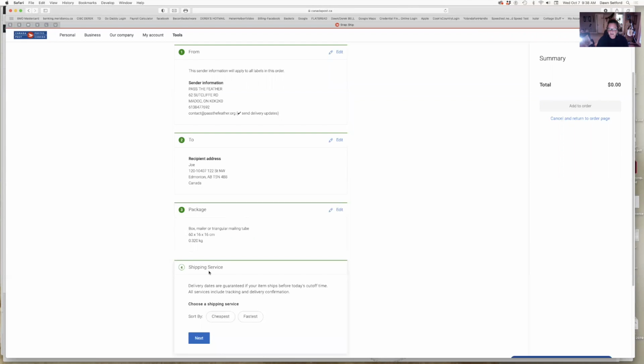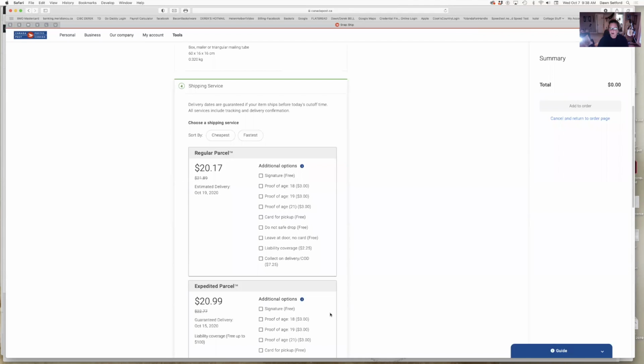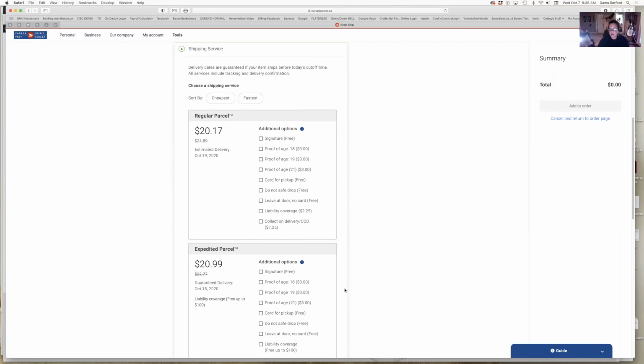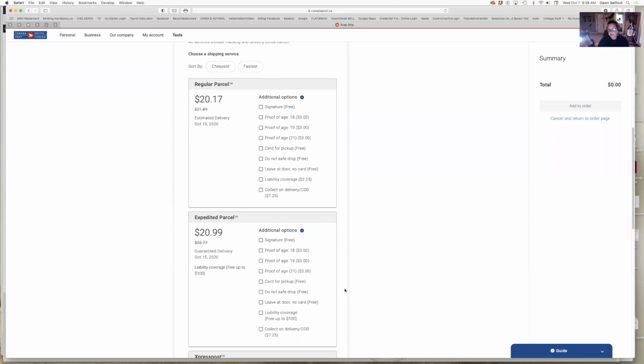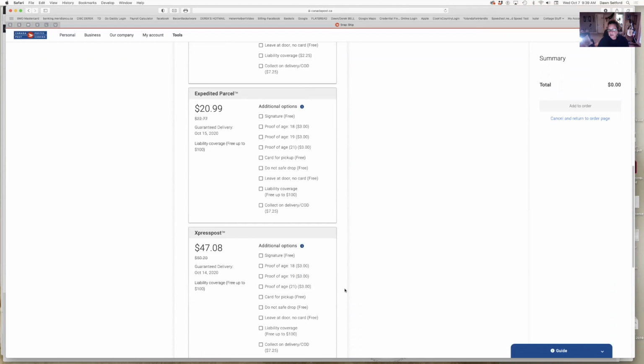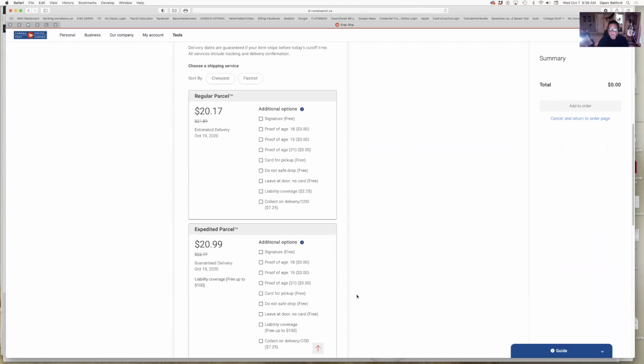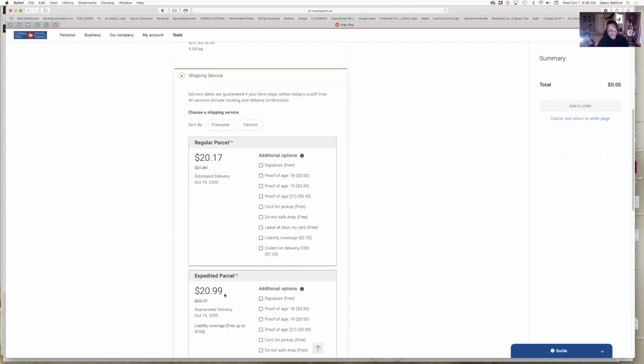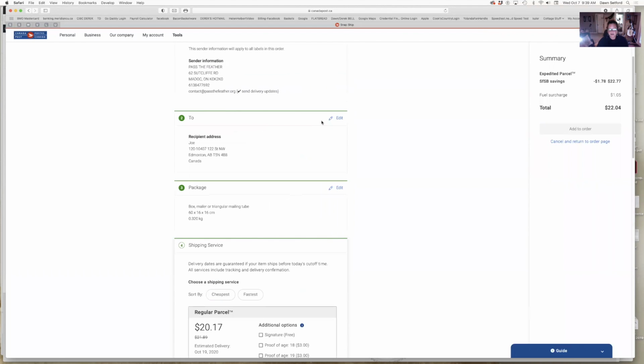And then click next. And now we know that to get my average size box to Alberta, I've got these options, but it's basically going to be $20. Okay. So these are Canada Post options, which you can choose. If you have a person that needs it yesterday, go ahead, but they're going to pay 50 bucks, right? So you'll have to deal with that on your own. And you can put in allowances in your dashboard for what it's going to cost. So if I want to change this,